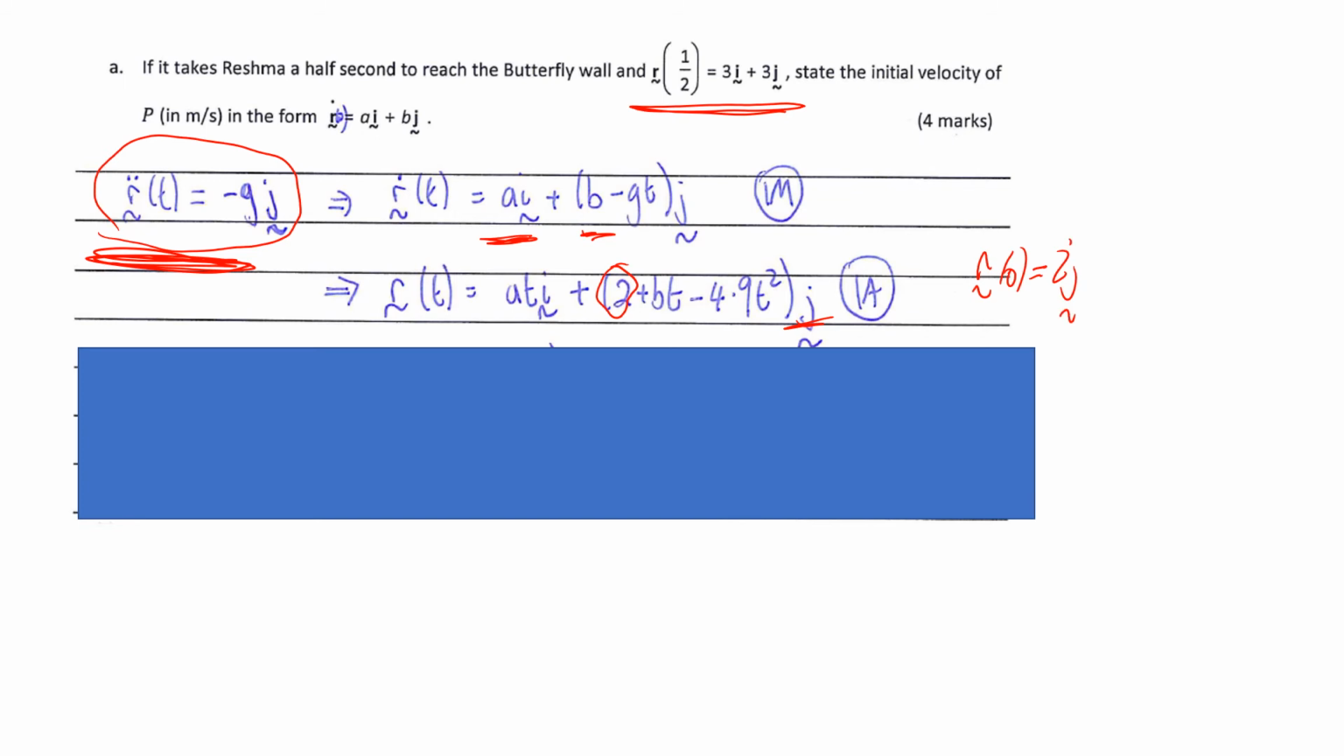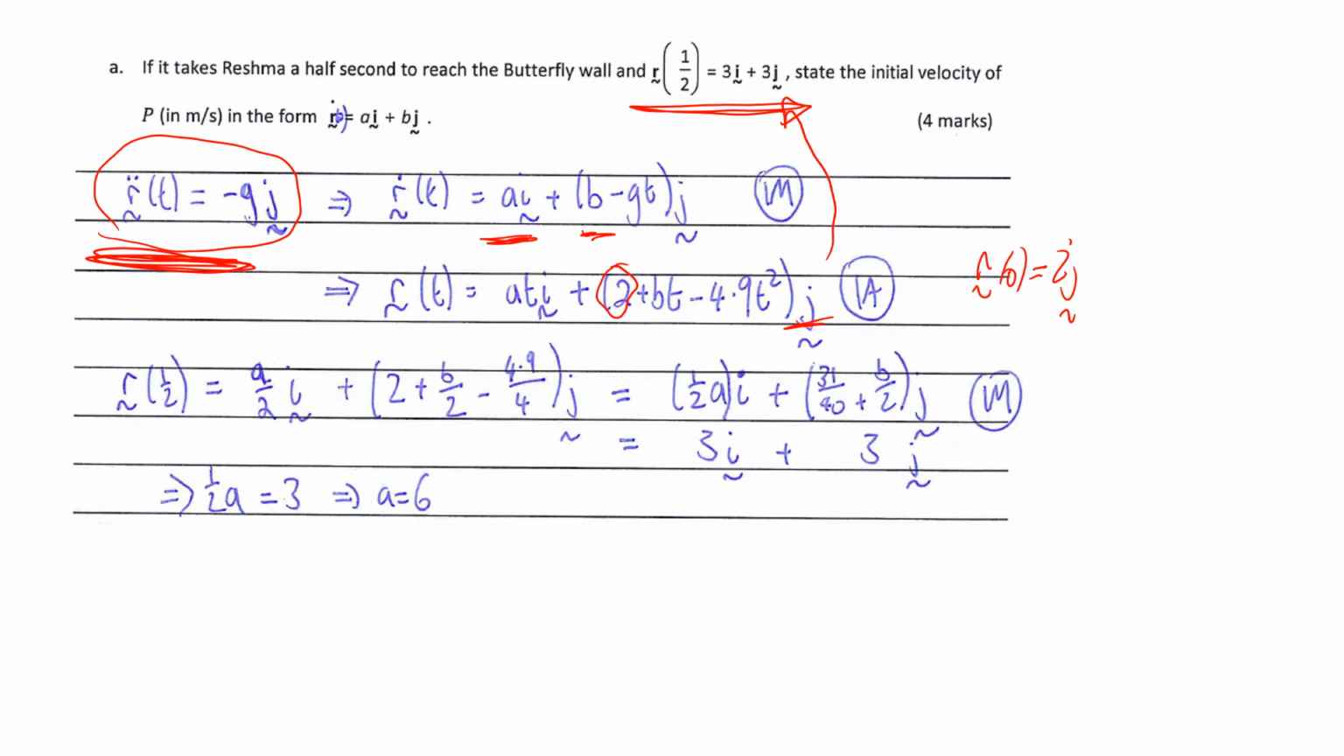All right, that's it. So once I've established this, it really becomes quite easy to link that with the required information and solve for a and b. So replacing t equals 1/2 in the rule, r of t becomes r of 1/2. So the position vector function when t equals 1/2 is a times 1/2, or a on 2, i, plus 2 plus b on 2 minus 4.9 times 1/2 squared j. And then it's a case of, well, we know that that's going to be equal to 3i plus 3j, so we can equate